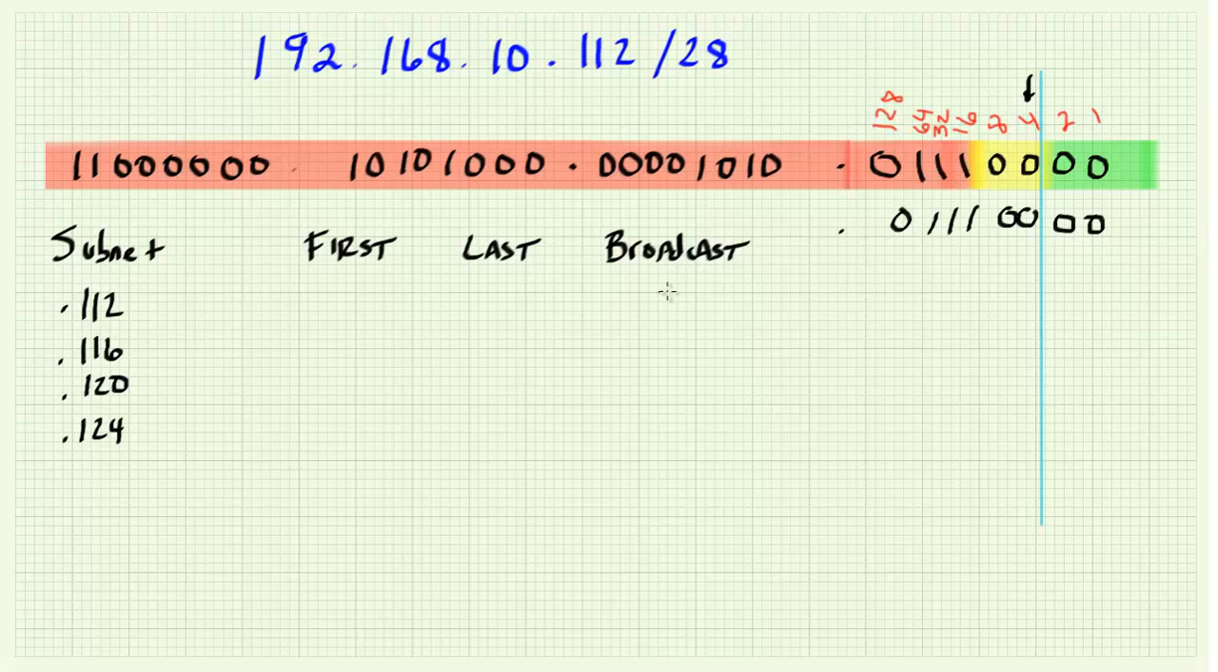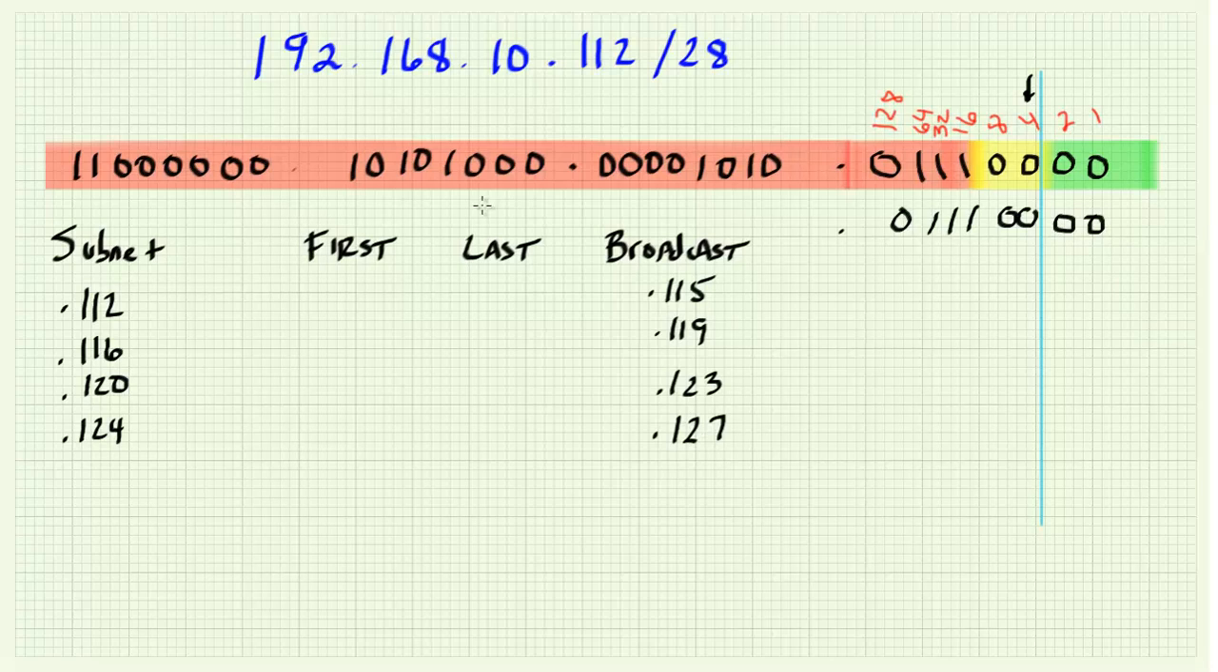Now let's figure out what the broadcasts are going to be. We know that the broadcast for the current subnet is the next subnet minus 1. So the broadcast for the 112 subnet is going to be the value of the subnet ID for the next subnet, which is .116, minus 1. So let's go ahead and write 115 up here. For the 116 subnet, the broadcast is going to be 119. For the 120 subnet, the broadcast is going to be 123. And for the 124 subnet, we can take 124, add the increment, which is 4. We get 128, subtract 1 from that. So the broadcast for that final subnet is going to be